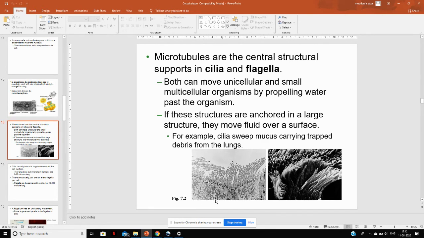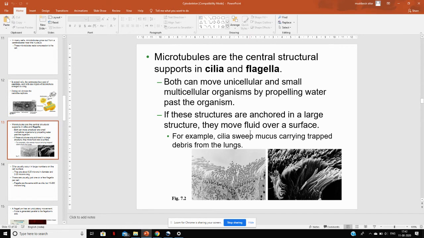Okay, so you can see the electron micrograph photograph of cilia and flagella. They look like this particularly. So they show the wavy movement. That is done with the help of microtubules which are present in these structures. Okay, so cilia and flagella, both can move unicellular and small multicellular organisms by propelling water past the organism. If these structures are anchored in a large structure, they move fluid over a surface, which is seen in the fallopian